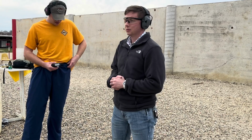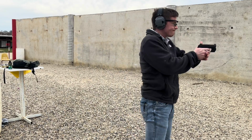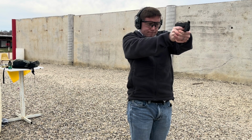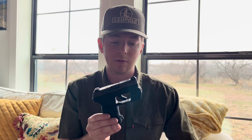ammo you want. And on that, it ran Monarch is the ammo that I buy mostly because it's at local Academy. It's pretty cheap. Monarch brass case, this thing eats it up all day. Federal, it runs just fine. Blazer, it runs just fine. The only ammo it hated was Fiocchi. I don't know why, but this gun would choke up every few shots with Fiocchi ball ammo. So maybe test it in yours, or just get a cheaper ball ammo and run it for yourself before you